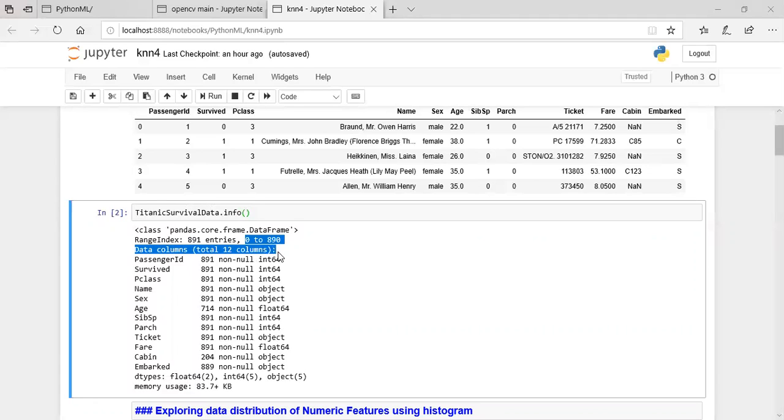Column names are passenger ID, survived, passenger class, name, age, and their data types like int64, float64. Name has the object data type, which gives us the string value of our column.